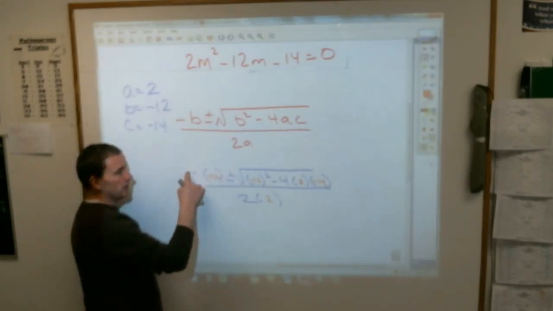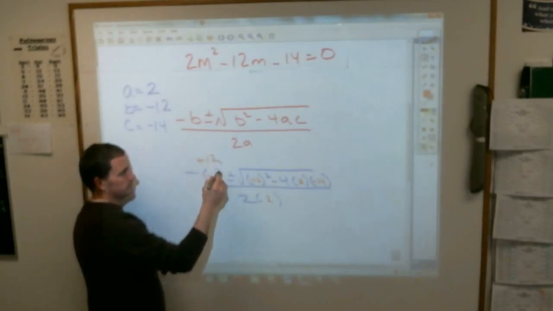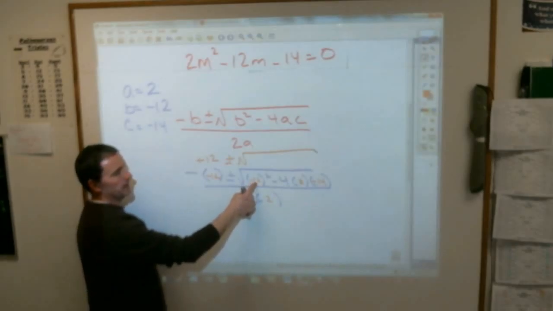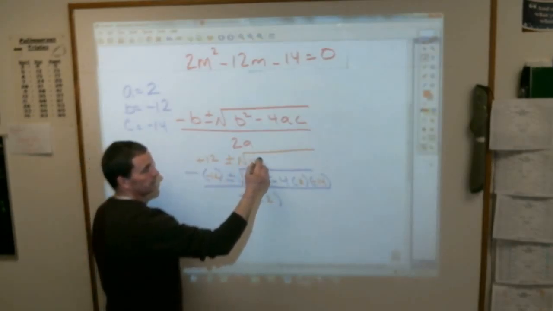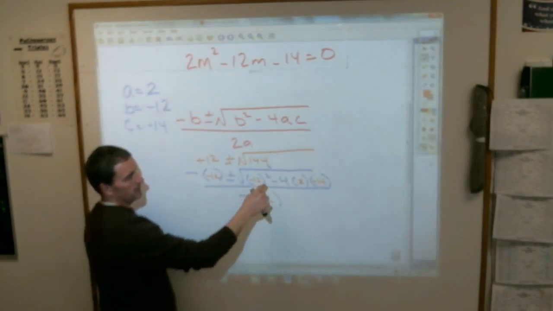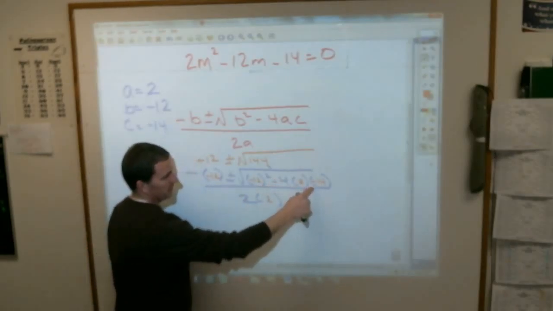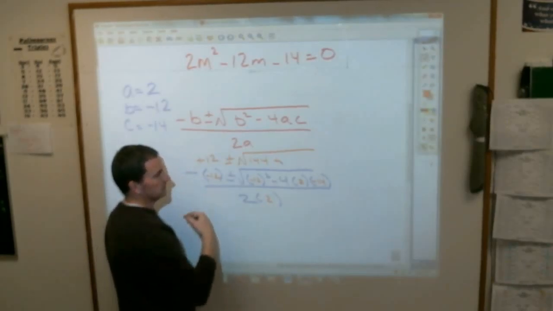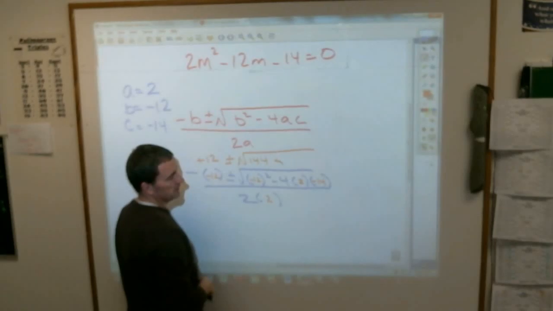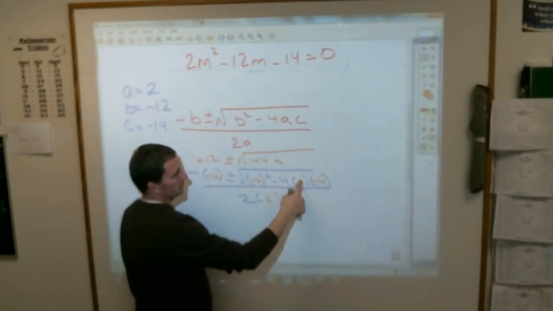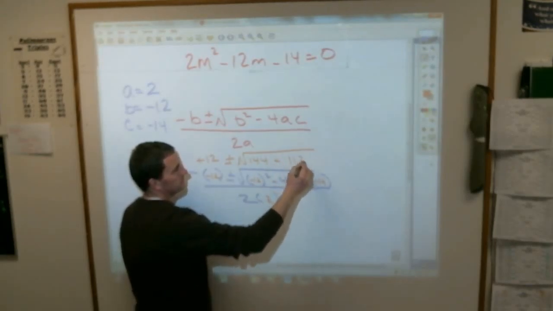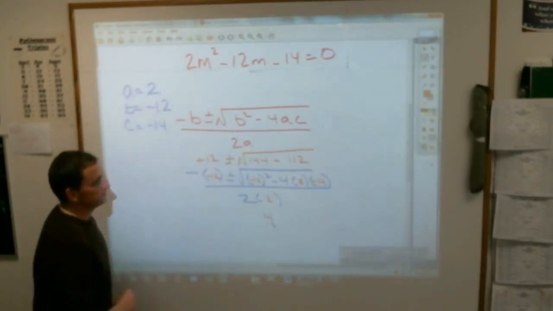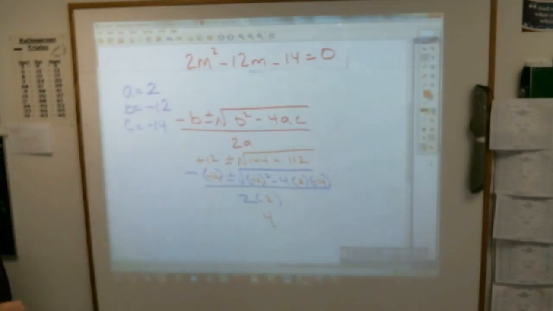A negative 12 is a positive 12, plus or minus the square root of, again, negative 12 squared is 144. This is minus times a minus, so this is going to be plus. What is it? 4 times 14 is 56. 112? 116. 112. Gosh, I hope that's a perfect square. All over 4. If not, I guess we have to write it out as